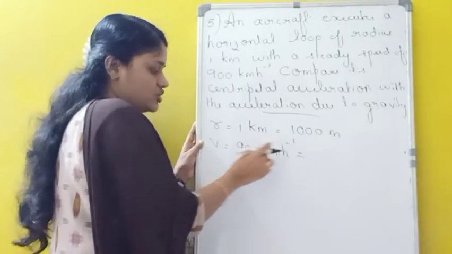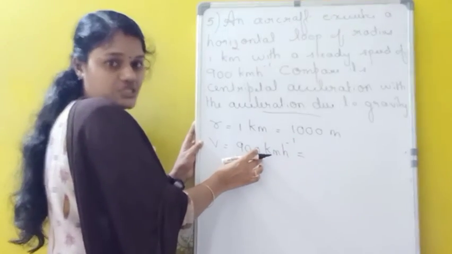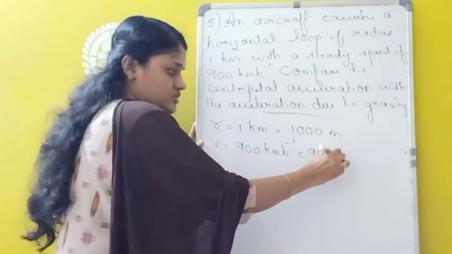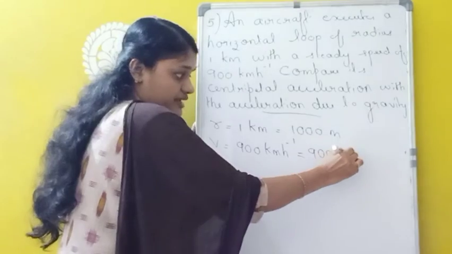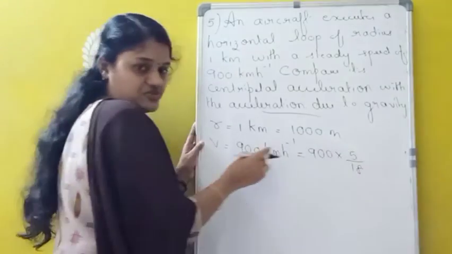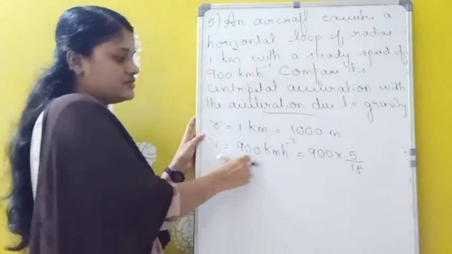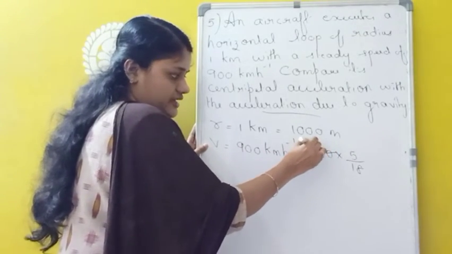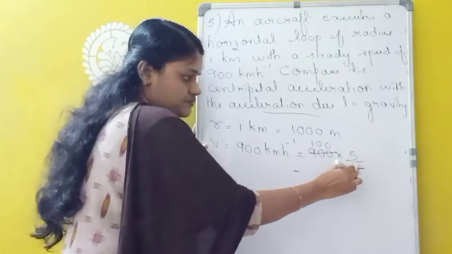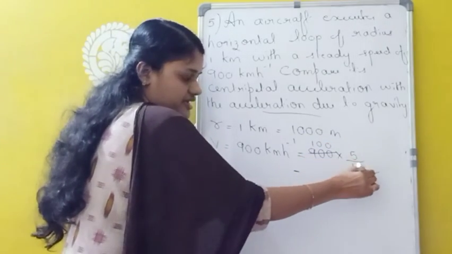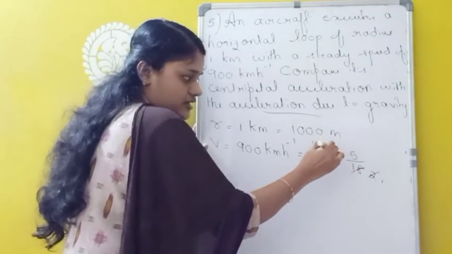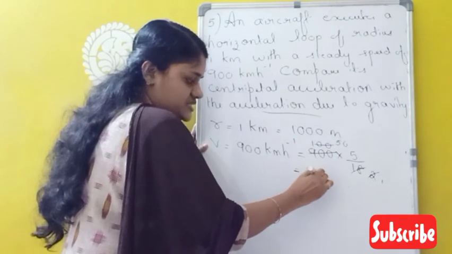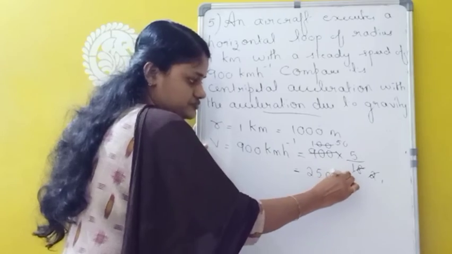Okay. If you want to convert 900 km per hour into meter per second, we just have to multiply with which one? So 900 we have to multiply with 5 by 18. We can convert into meter per second. Now when you are dividing, what will you get? With 9 we can divide this one. So 100. Then 2. Again we can cancel this 2 and 100. That means 50. So 50 into 5 is how much? 250 meter per second.